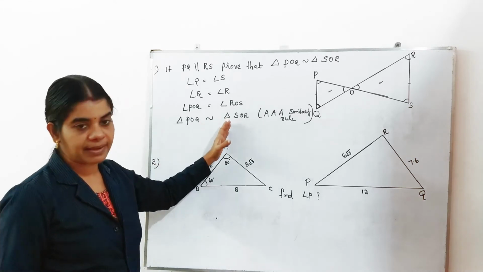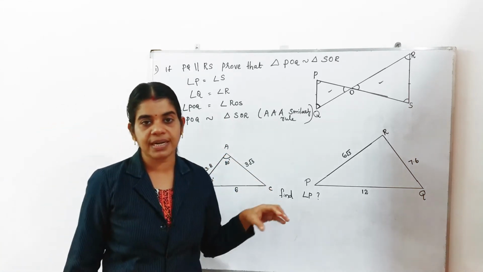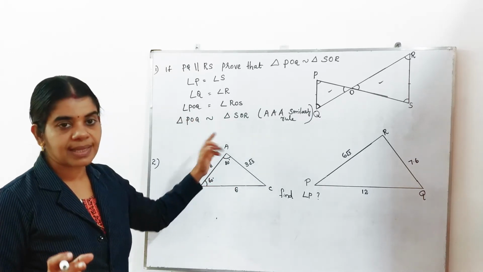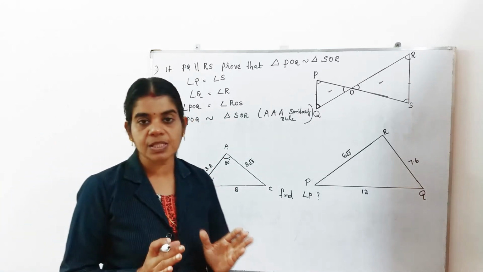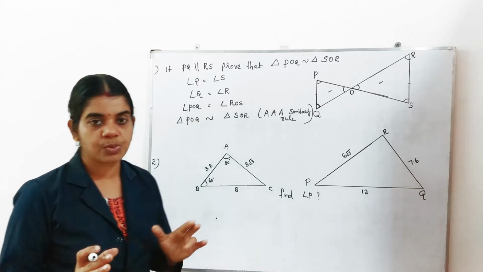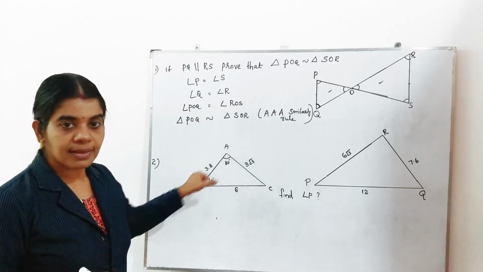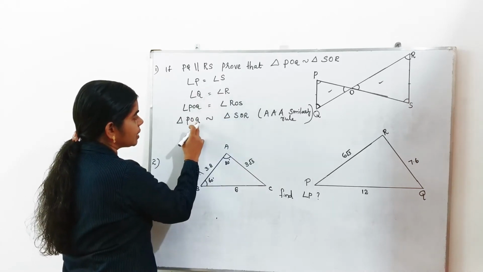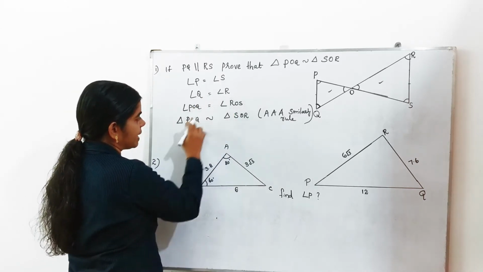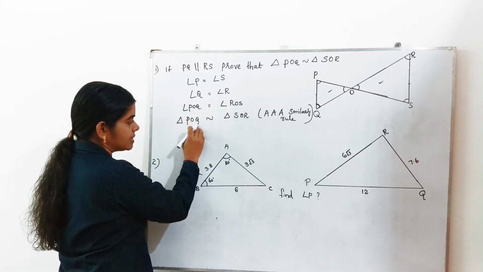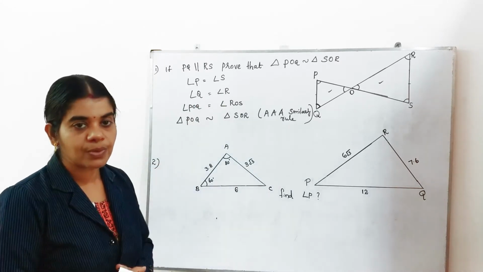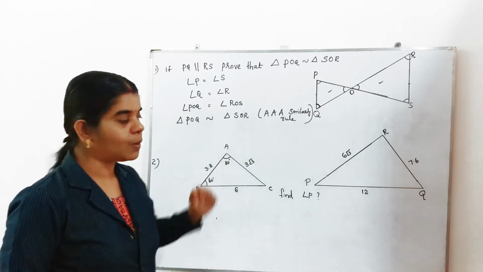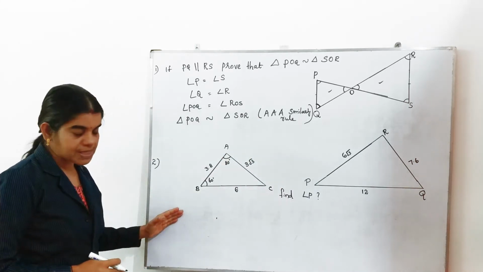While writing the similarity, as in the congruence rule we studied, when you are writing that rule, the corresponding angles and corresponding sides we want to get from this writing. Here also just look, angle P equal to angle S, angle Q is equal to angle R also coming, angle POQ is equal to angle ROS. So this order also you want to look at while you are writing the similarity of two triangles. Is it clear now? Next we can look at one more question.